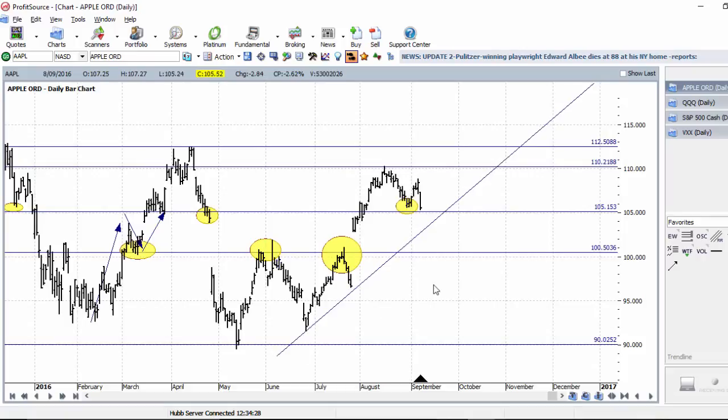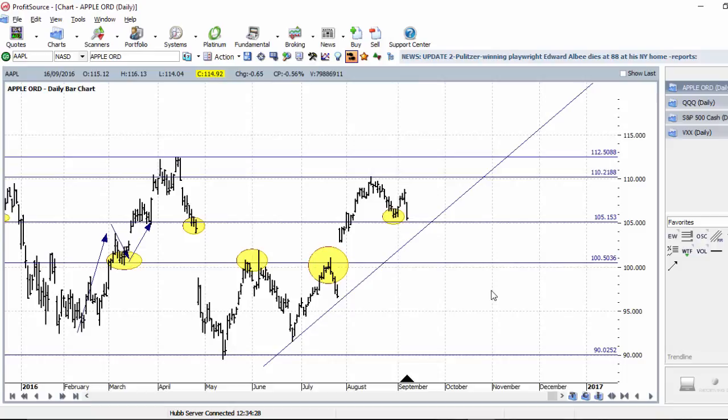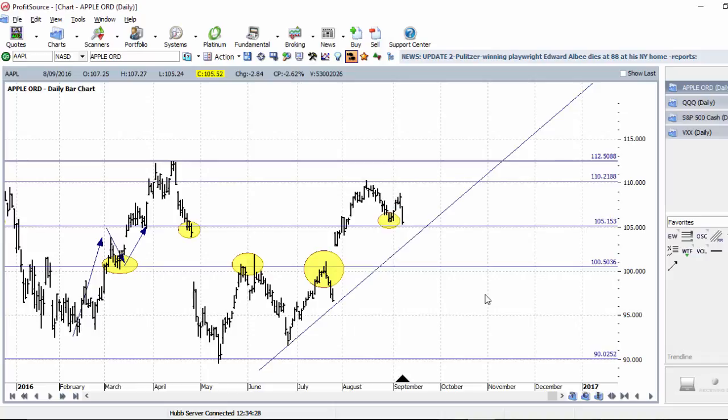Now obviously nothing's guaranteed, nobody knows what Apple's going to do next. It could completely fall apart at this 105 level and continue to test its previous support level at 100, and even continue to test back 95 and 90. So you always need to understand what the risks are and put a line in the sand. Now if I look at this, I like to then give myself a bit of time as well. So I'll just take this away, because while that is probably what a lot of traders do,